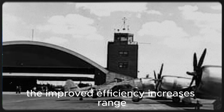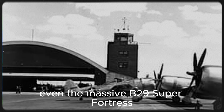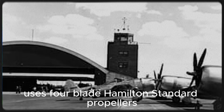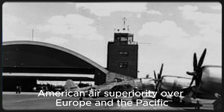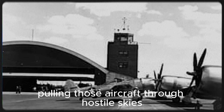The improved efficiency increases range and payload capacity. The C-47 transport uses them. Even the massive B-29 Superfortress that will eventually drop atomic bombs on Japan uses 4-blade Hamilton Standard propellers based on Caldwell's designs. American air superiority over Europe and the Pacific rests partly on the spinning blades pulling those aircraft through